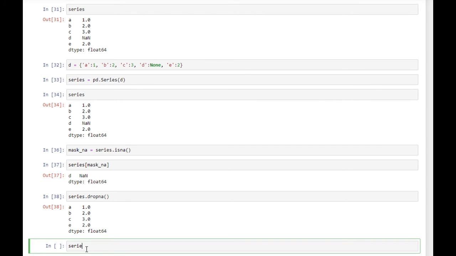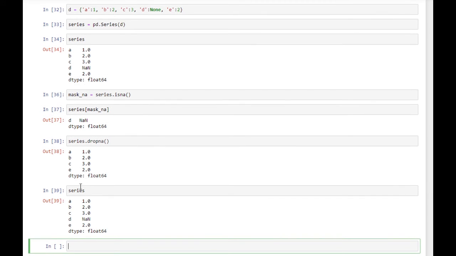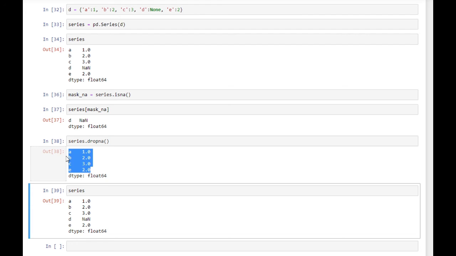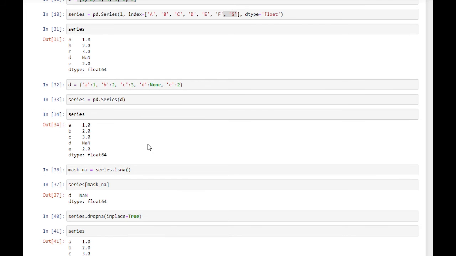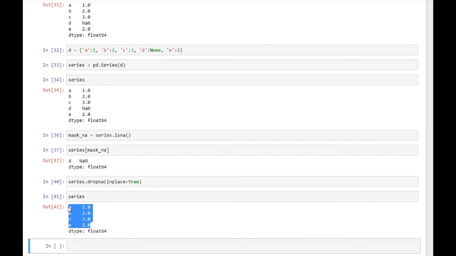If we look at the series variable, the null value will still be there. In order to make this operation in place, we need to pass the keyword argument inplace as True, or you can assign the result to a new variable. For now I will be using the inplace keyword argument. So we have removed this.